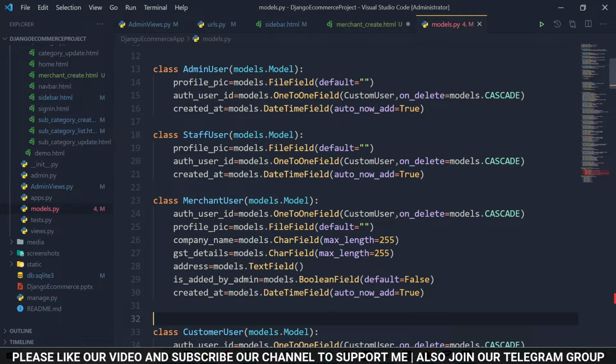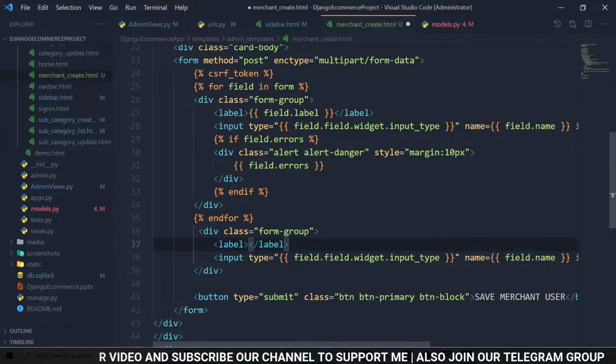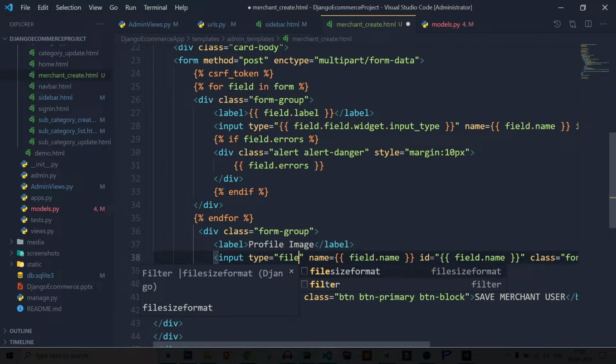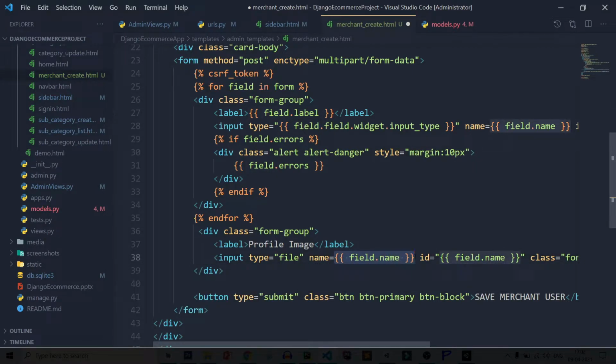For this, let's say profile image. Type equal to file, name equal to profile pic, id equal to profile pic.